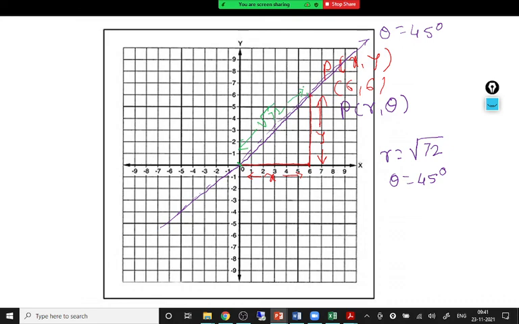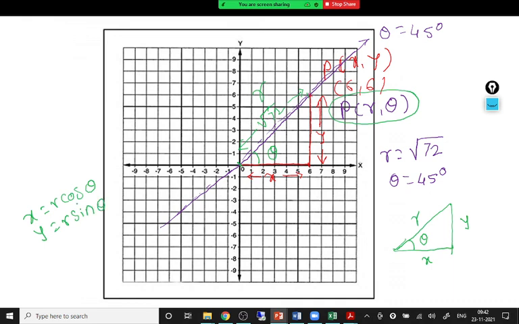Actually, indirectly, what is this root 72? Root 72 is r, and this angle is theta. So we get that point P(r, theta). Indirectly, we have a right angle triangle whose horizontal distance is x, vertical distance is y, angle is theta, and diagonal is r. So that is the relation between x, y and r, theta. x and y are Cartesian coordinates, while r and theta are polar coordinates. Can you tell me the values of x and y in terms of r, theta? x is equal to r cos theta and y is equal to r sin theta. Very good. So x is r cos theta, y is r sin theta.